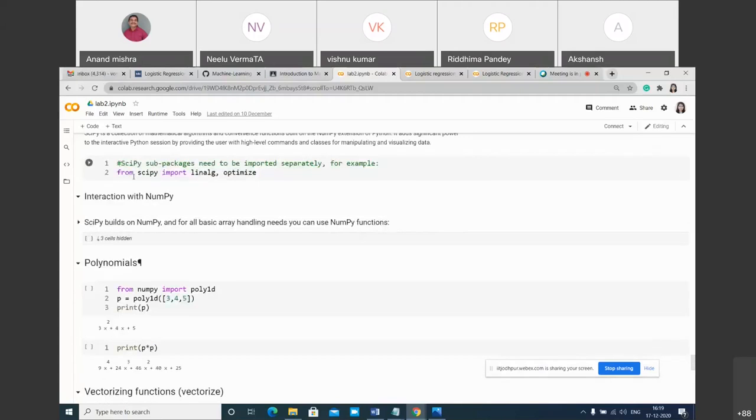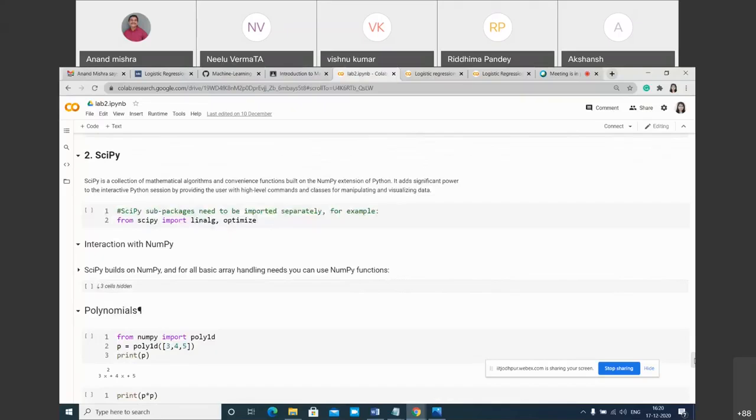For example, from SciPy you can import linear algebra, because lots of functions are not available in NumPy, but all the functions which are available in NumPy are available in SciPy. So it adds significant power to interactive Python sessions by providing the user with high level commands and classes for manipulating and visualizing data. I hope you are getting something.